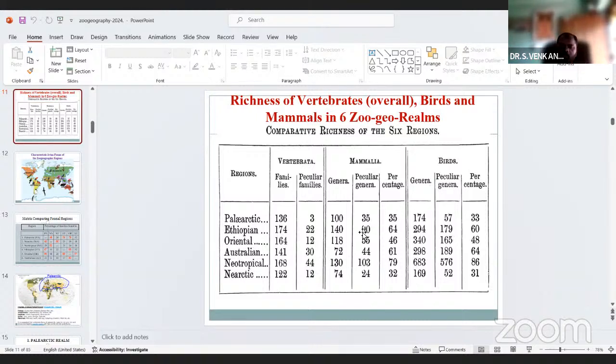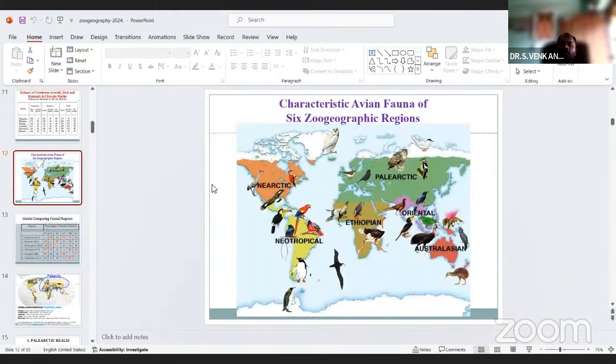This is the statistical report of what lives in these regions and areas. These are the characteristics of each of the six geographical regions: the Nearctic, Palearctic, Neotropical, Ethiopian, Oriental, and Australian regions. Here we can see clearly the view of birds.